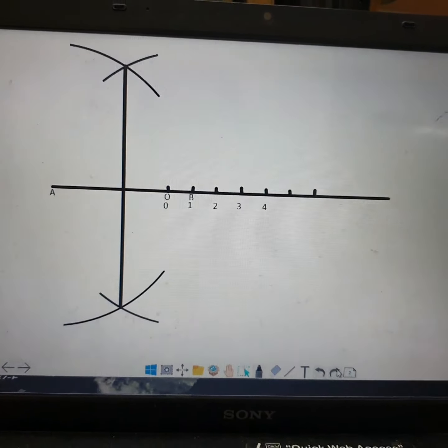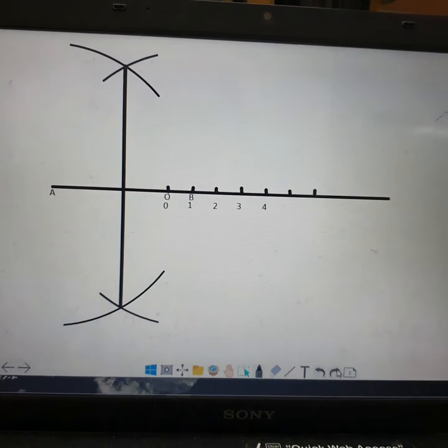After that you will measure the distance between the midpoint and A, and draw a semicircle. You can see here. After this step, you are supposed to make use of a scale. Keep it perpendicular in such a way that the bigger horizontal lines are aligned with the number line. This is a trick that you can use for drawing a perpendicular line. Just align the horizontal line of the scale with the number line and draw a line. Automatically, the line that you have drawn here is a perpendicular line segment.